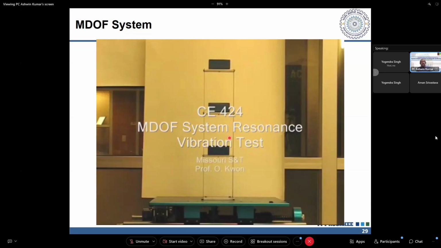And with the Newmark and Hall method, we saw how people have already given a way to plot your own response spectrum curve. The last slide before this one said that a single response spectrum curve based on a single ground motion is not enough for designing a structure. We need to use multiple earthquakes, and you will understand how to choose an earthquake. When you do DSHA and PSHA analysis, you will get to know the governing equation for a site, and how much distance we need to cover